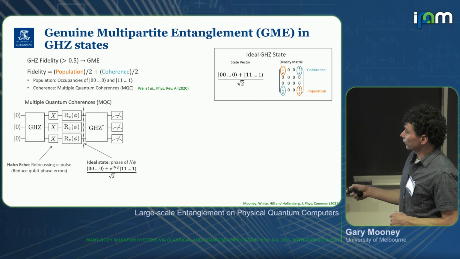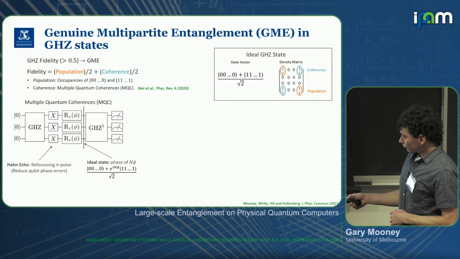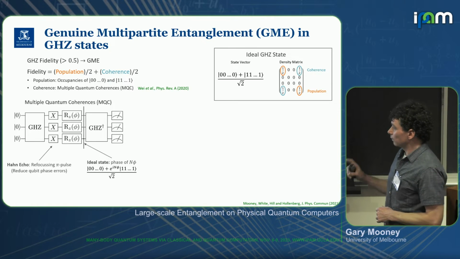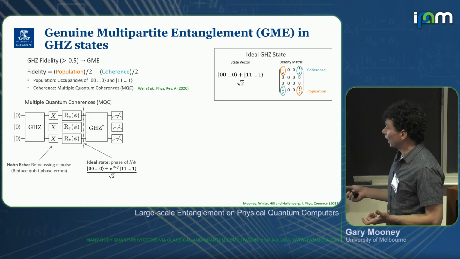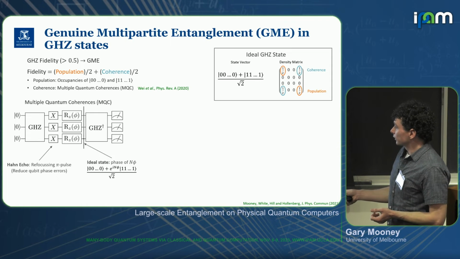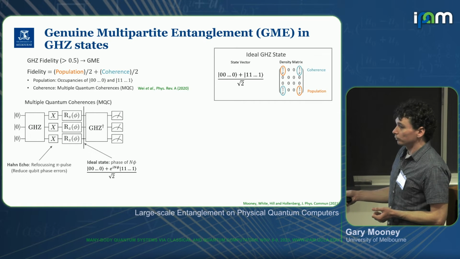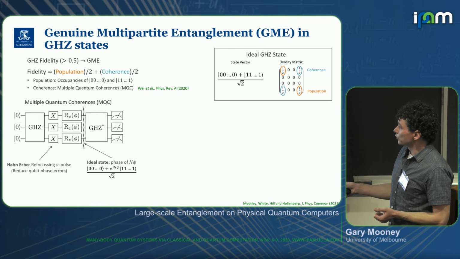So this is what the circuit for multiple quantum coherences looks like. We're going to first prepare our GHZ state. Ignore this for a moment. And then we're going to rotate each of the qubits about the Z basis by an angle phi. And that should give us a state that looks like this. So we've got a GHZ, and then we've got this accumulated phase on the extra state. And then if we undo the GHZ state now,